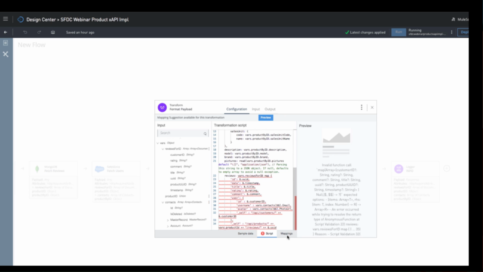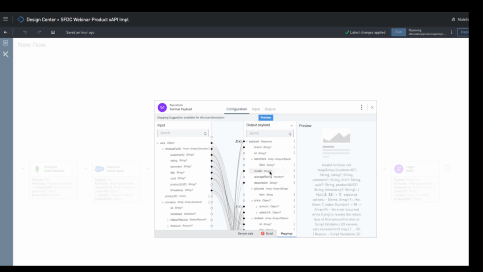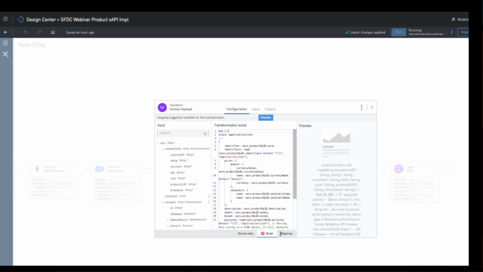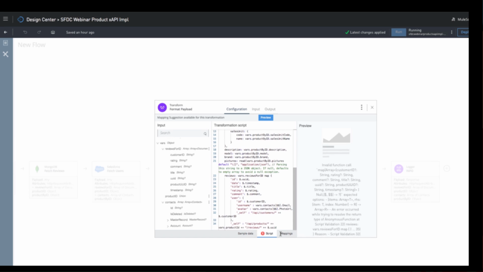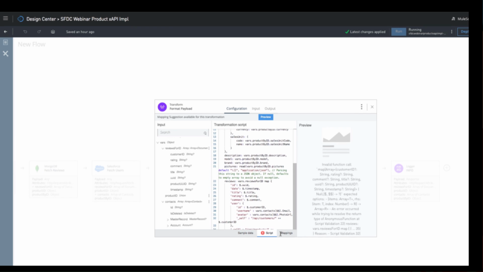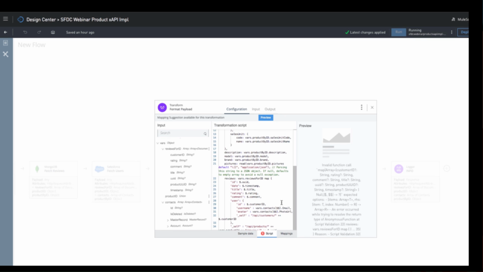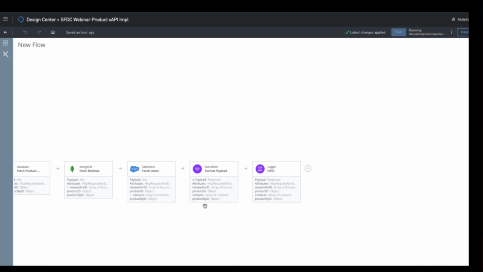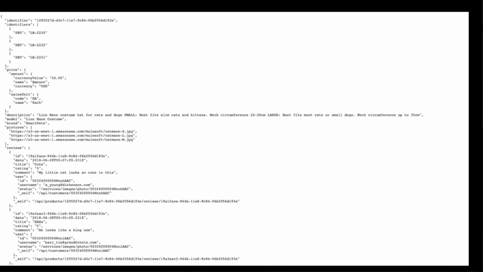But anyway, like I said, you can either do a visual one-to-one mapping, or if you need to do more intensive data transformations, you could actually go in here and perform functional coding to transform your data as you need to. So after all this flow is created and done, it's already running, so I can grab the URL that's provided for me, copy that, and then paste that onto here. And we could actually see what the data looks like because it's going to return back